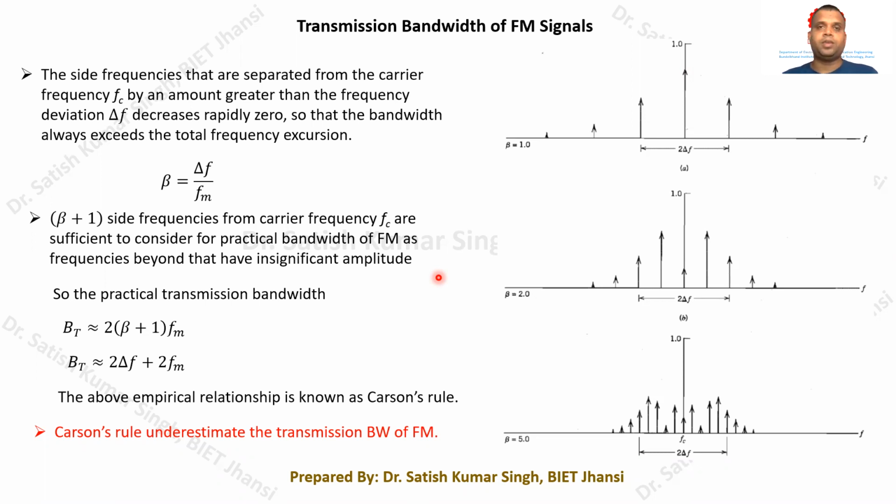techniques. Basically, if we see the generation methods of the frequency modulated signal, there are two methods which are popularly available. The first one is the direct method, in which we use a voltage controlled oscillator to get the FM signal, and the other is the indirect method, which is most popularly used for commercial FM transmission. That is known as the indirect method, which was developed by the scientist Armstrong.